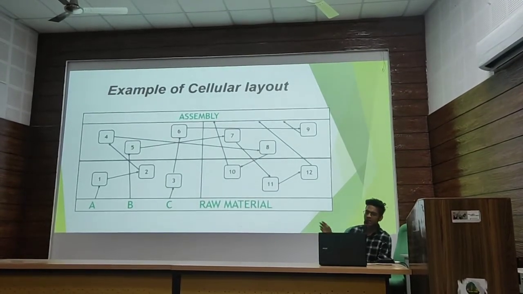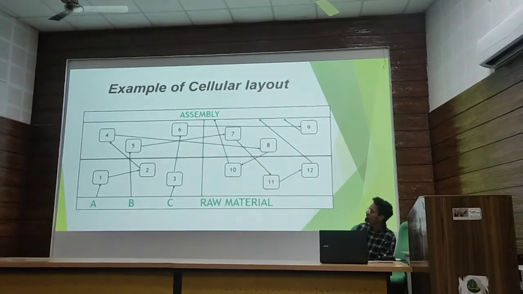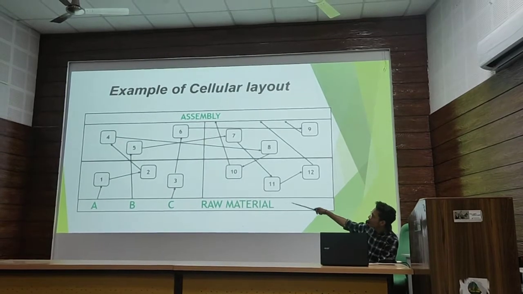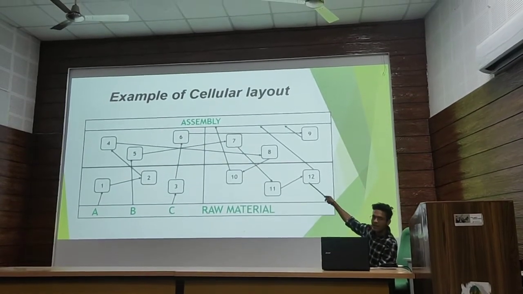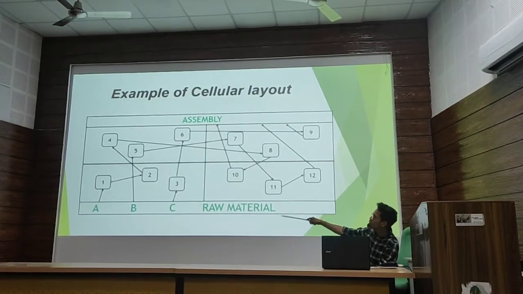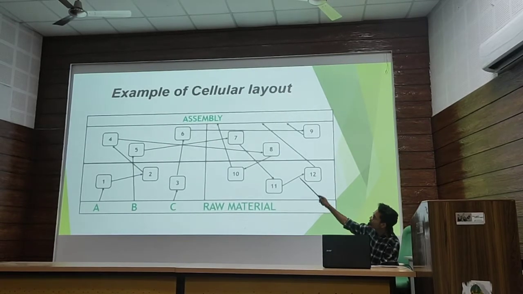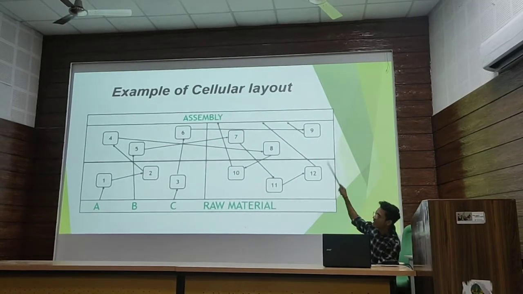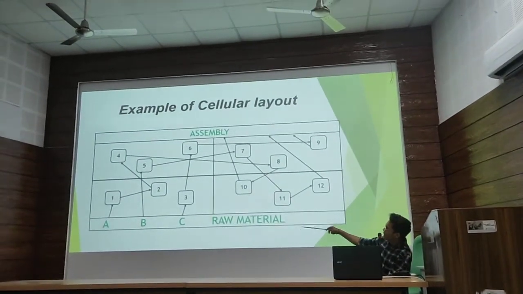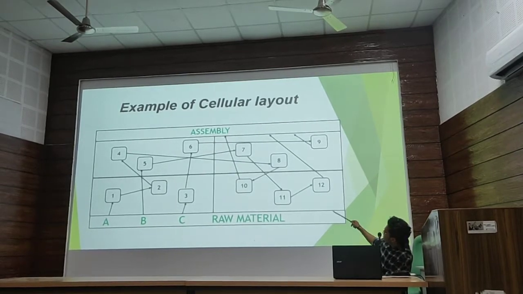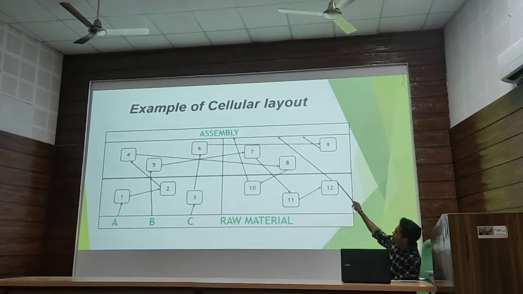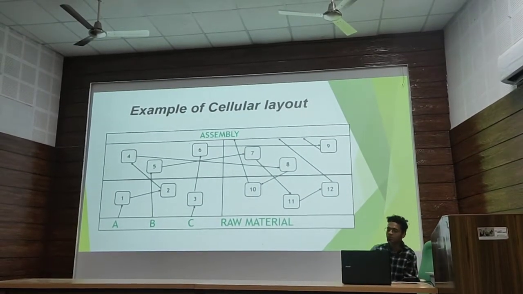My third slide is an example. As we can see in the slide, I have given 3 types of raw materials, A, B and C, which go through different machines and assemble at the end, at the assembly point. First, raw material A goes through the first machine, then the second, then the fourth, then the 8th, then the 10th, and then assembles after 10. The same goes for B. First it goes to the 5th, then 7th, then 11th, then 12th, and then assembles. For C, it first goes to the third machine, then 6th, then 9th, and at the end it assembles.